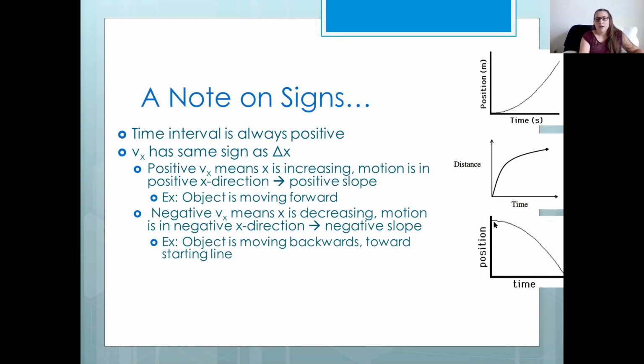right? So we're starting off with a tangent line that's pretty flat, and then it gets steeper and steeper, but it gets steeper negatively, right? It's pointing down. So that would be if the object starts at a really far position and moves backwards towards the starting line, right? Its position is going from a high number to 0. So that would be